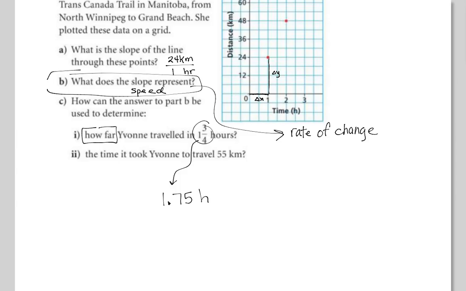Which one of those units is how far? The kilometer, right? So you can multiply by the 24 kilometers in 1 hour. And what do you notice happens to those hours? They cancel, and you're left in what unit? So 24 times 1.75 is